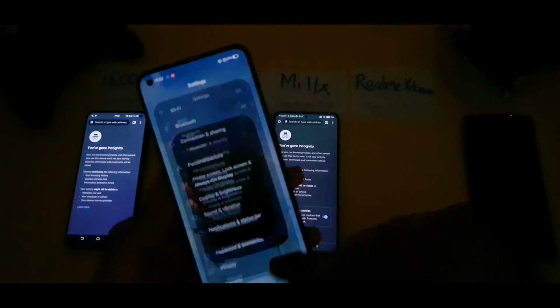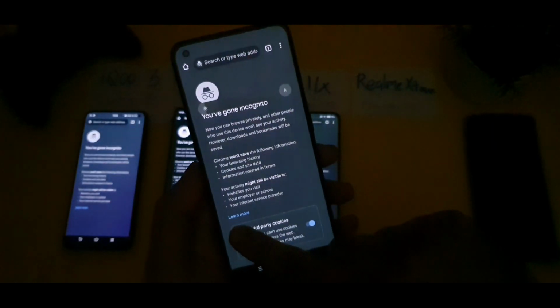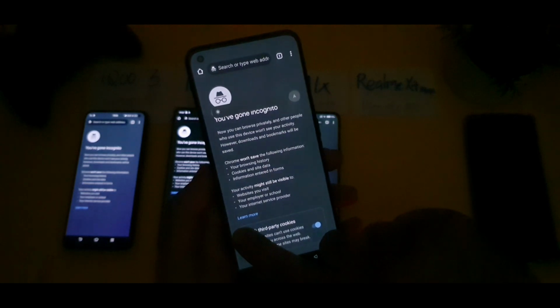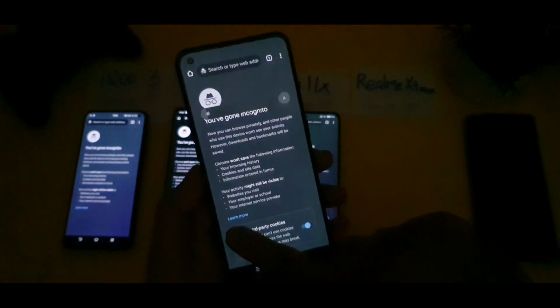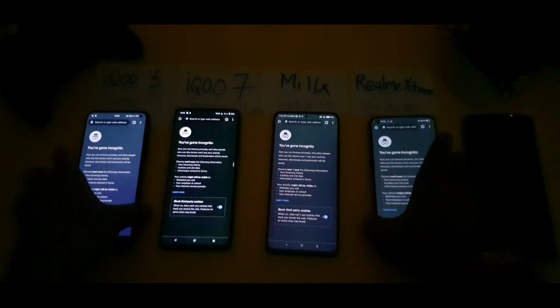And there is a Realme X1 Max, and now let me try to open the incognito window. And this is the incognito window in the Realme X1 Max, and I'm trying to increase and decrease the brightness. You can see there's no green tint happening in this Realme X1 Max at all. Nothing. In my unit I cannot find any green tint issue in this Realme X1 Max. You can clearly see that, friends, as a proof.